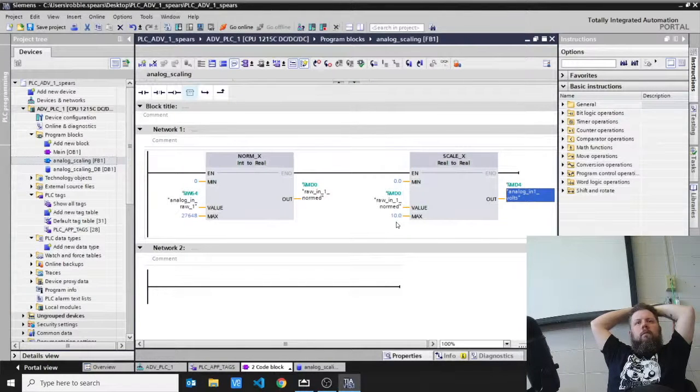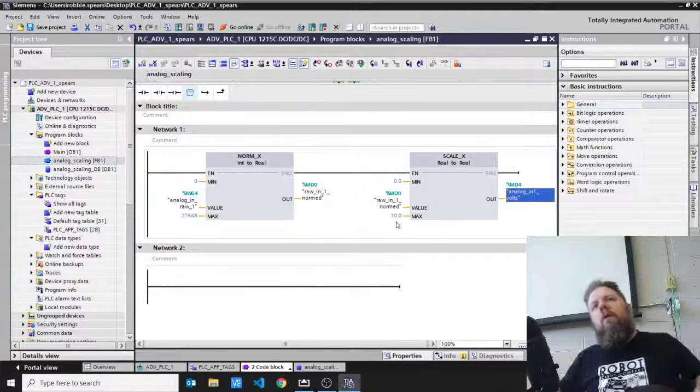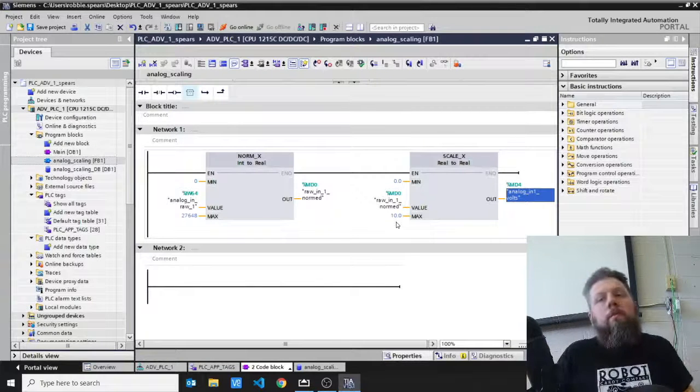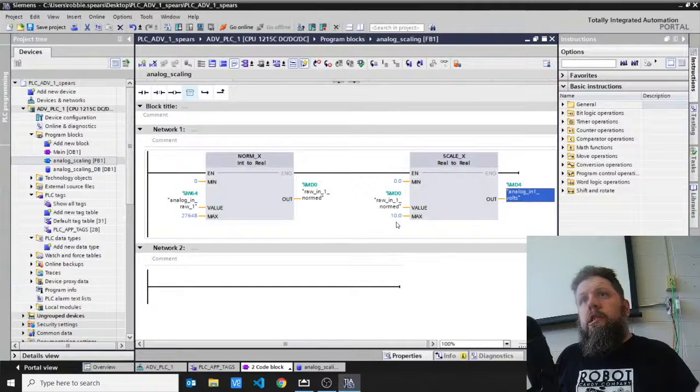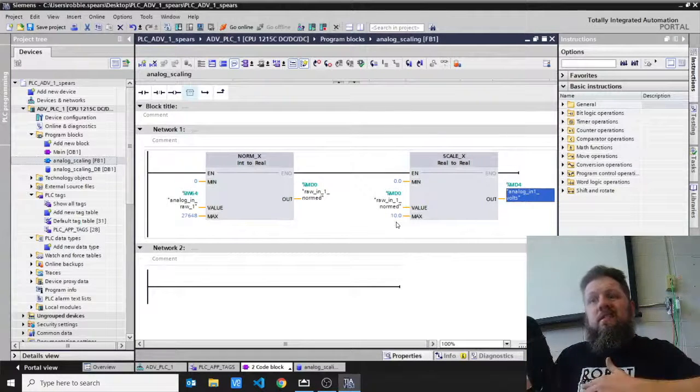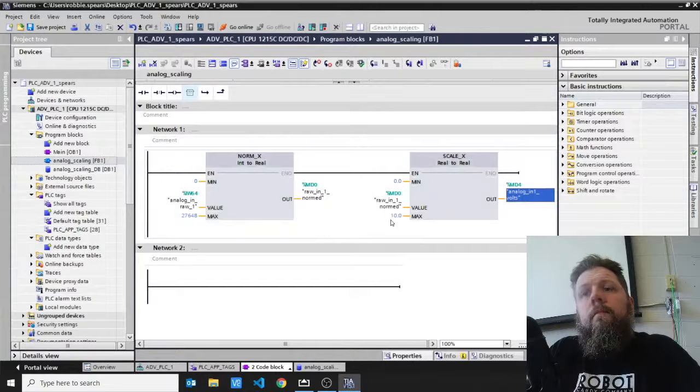Correct? So every time this runs, it's just going to convert that over to whatever we said. What if we wanted to make this a more general purpose block, right? We're going to convert something into 0 to 10. Instead of just doing a